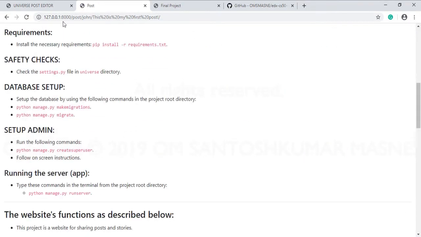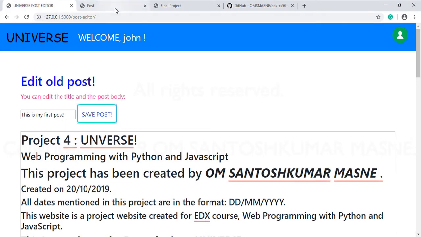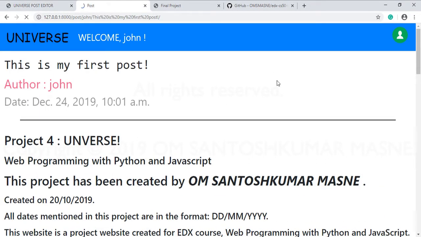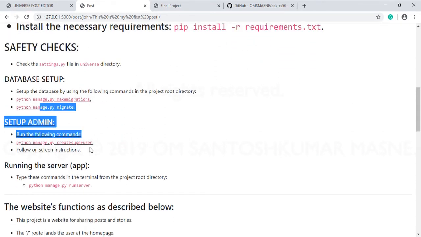This is the original post, and once the user clicks the Save Post button, the post has been saved on the database. Here the changes can be seen.